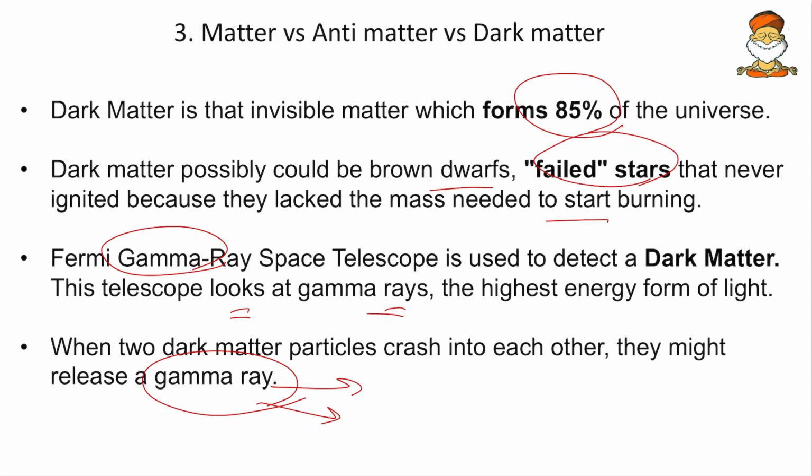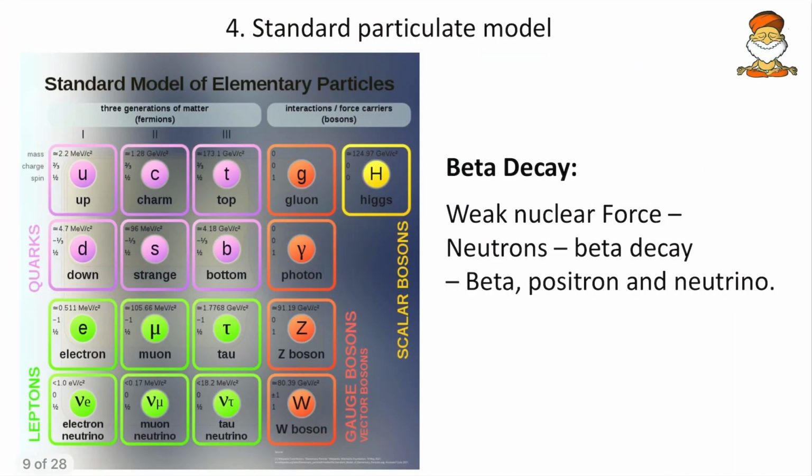Okay. So remember likewise. Then come to next, the standard particle model. So what is this standard model of particle physics? The standard model says that we have some 17 subatomic particles, apart from your proton, neutron and electron. So inside them, what other particles are there? These are the ones.